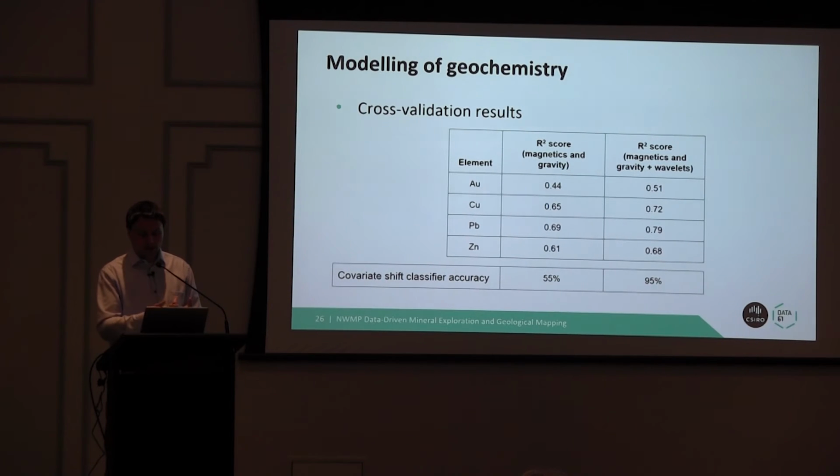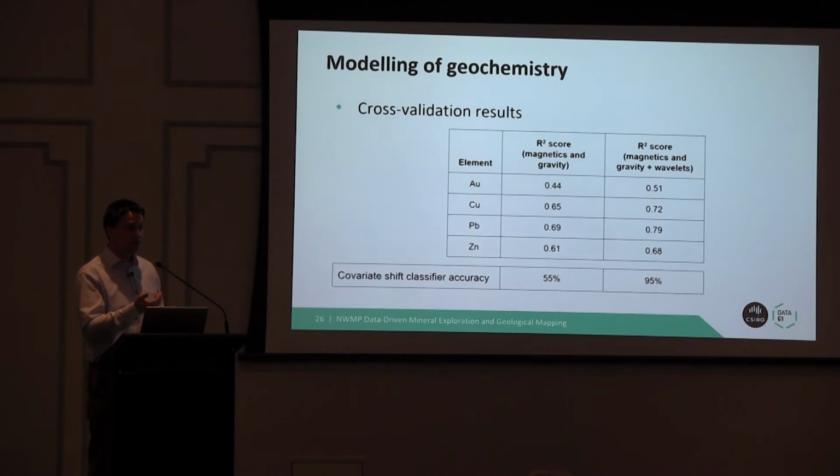And secondly, gold, due to its nuggety behavior, is probably not a good element to predict on. But for the other three elements that we tried, copper, lead, and zinc, we got pretty good results. And the results were actually improved when we incorporated wavelet features